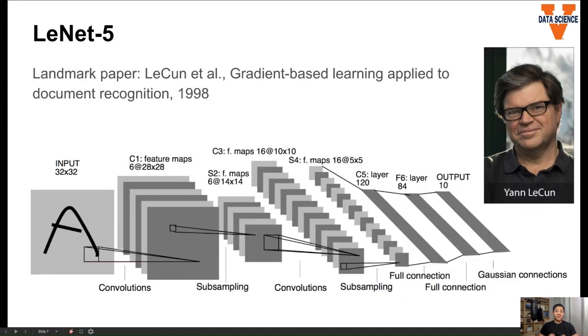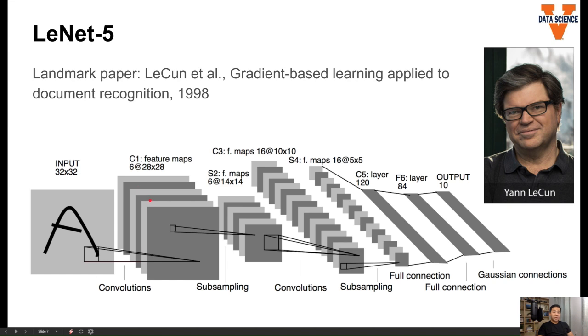First, we start with the first successful CNN, called LeNet-5. This is based on a 1998 paper by Yann LeCun and others called Gradient-Based Learning Applied to Document Recognition. I would definitely recommend you read the paper. The CNN architecture in the paper is described as follows. You start with an input image of size 32 by 32. These are all grayscale images, so only two dimensions here. And then you apply 6 different